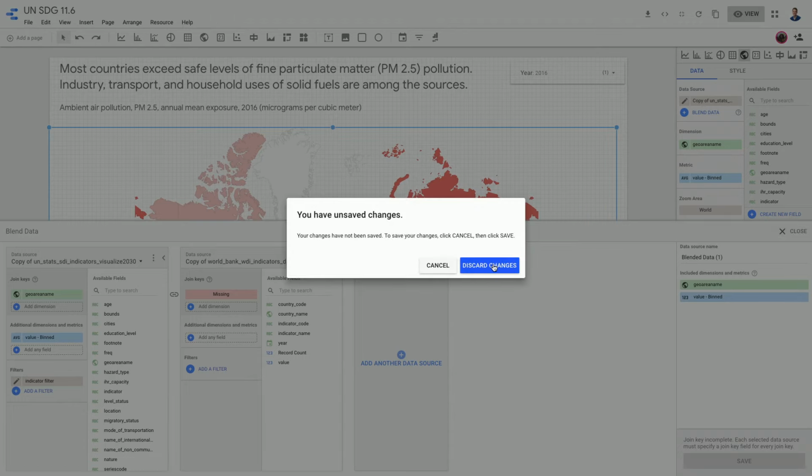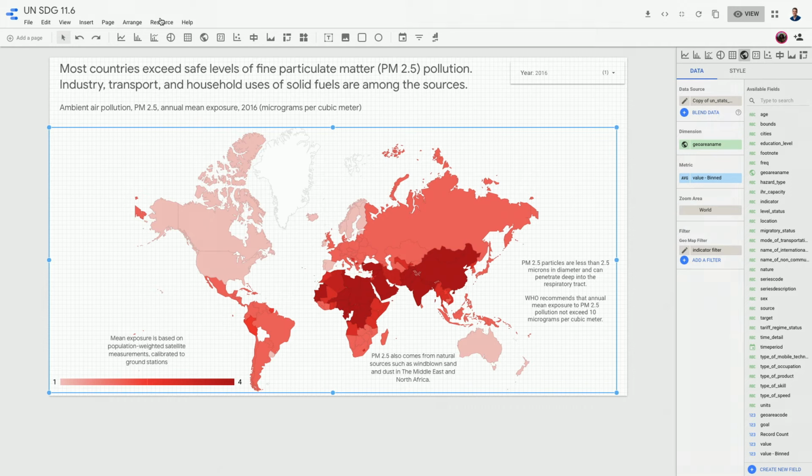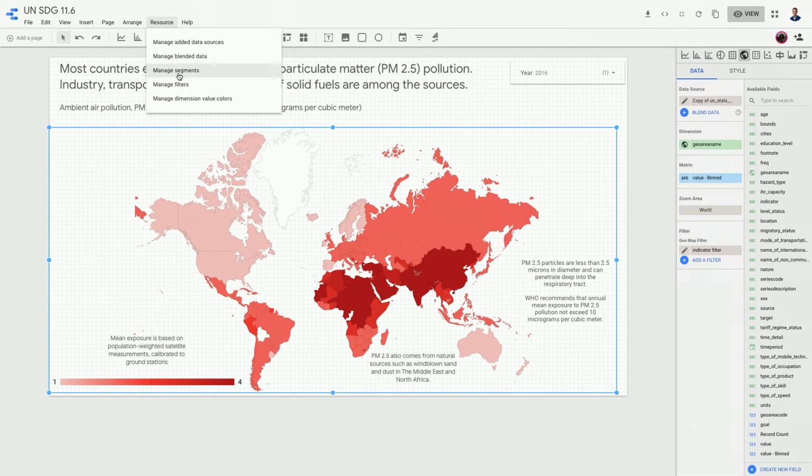And yes, I'm very sure I want to discard these changes. Okay, so the one last thing we want to dig into, and you can see down here it's on a scale of 1 to 4, which is very different than what the World Bank's visualization was. And what I've done there is I've just created a custom bin for our users to be able to go in and say,